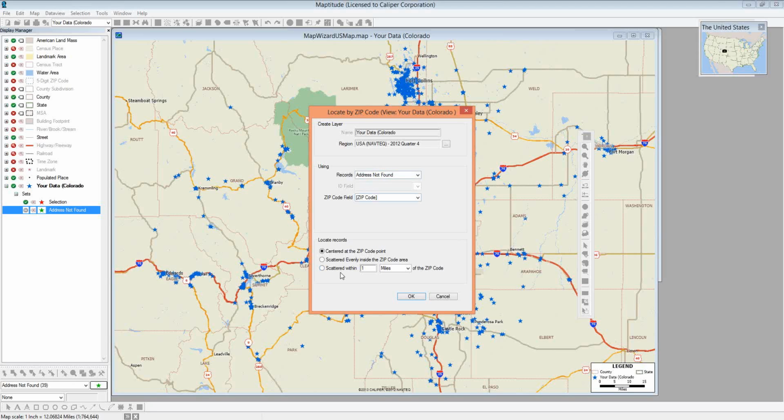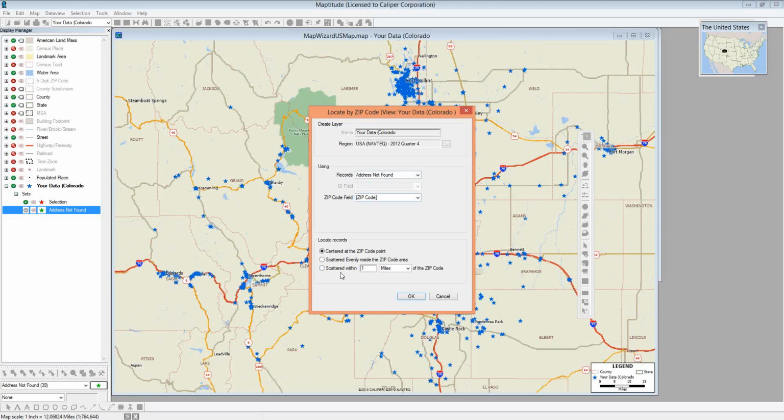There are more zip code points, which are discrete delivery locations, including universities, large buildings, and post offices. There are some 10,000 more zip code points than zip code areas. The option to center your record at a zip code point will maximize the opportunity of finding a missing record. However, if there are two records that have the same zip code, they will be placed at the exact same location, and you will not be able to easily discern that there are 2 points or more than 1 point